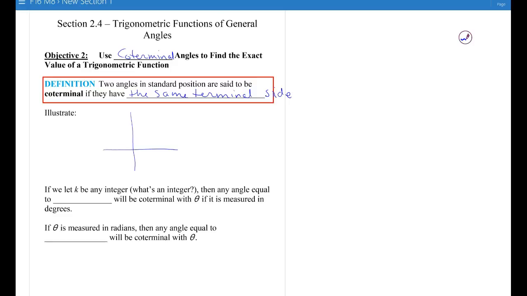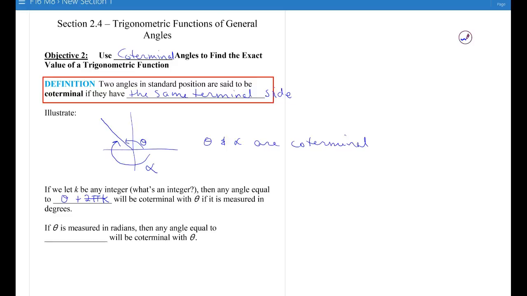So if I have an angle here, so this is theta, but if I have an angle where I measure it going backwards, and I call this angle alpha, theta and alpha are coterminal because they share a terminal side. So if we let k be any integer, think about what an integer is, and we'll talk about that in class, then any angle equal to theta plus 2 pi k will be coterminal with theta if it's measured in